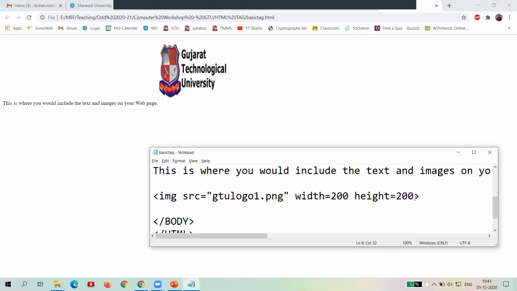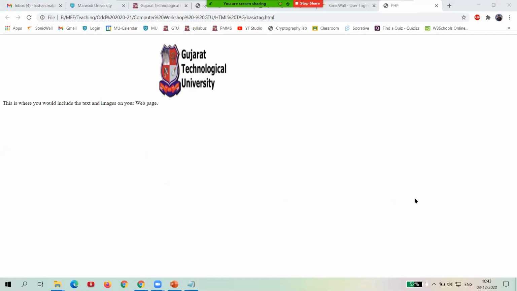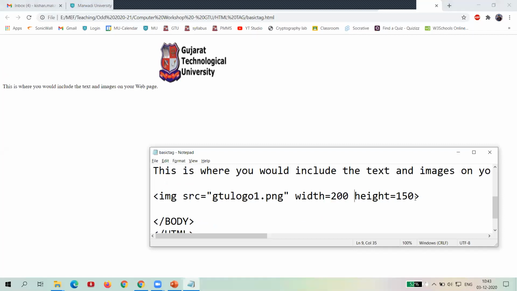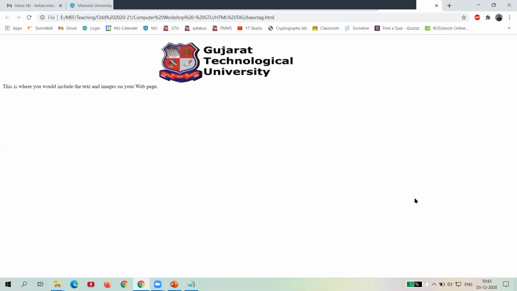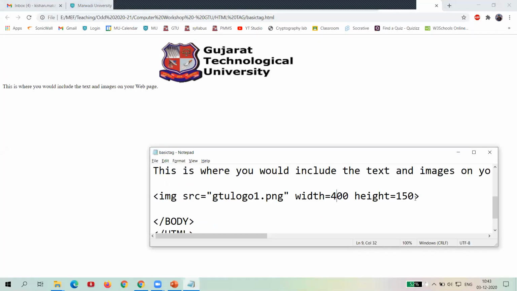You can see the size increases again. Like I have set height equal to 150 and also increased the width. Now it looks like the actual GTU logo. Based on your requirement you can set the width as well as the height.